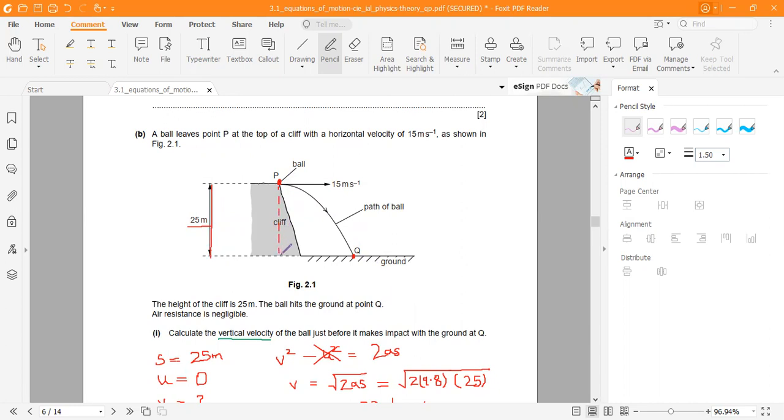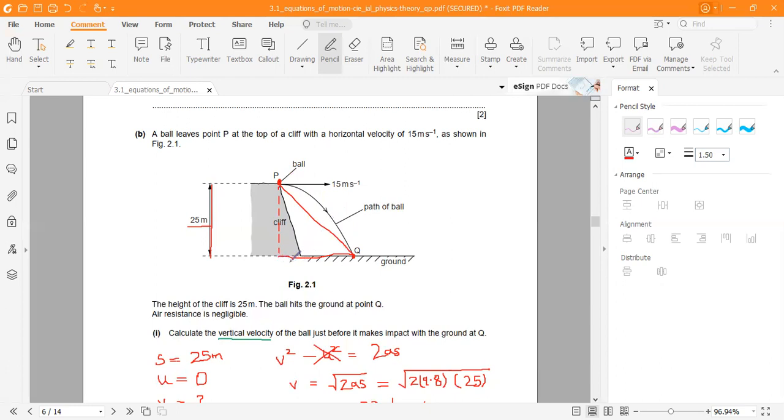Displacement is the overall change in position. Exactly, so simply you can define displacement as the change in initial and final position. The pathway does not matter. It does not matter if the ball came like this or like this. It is only the difference in initial and final position, which is always a straight line between 2 points. So I know this vertical distance is 25 meter. If I somehow manage to find this horizontal distance, I can apply the Pythagoras rule to find the length of this hypotenuse.